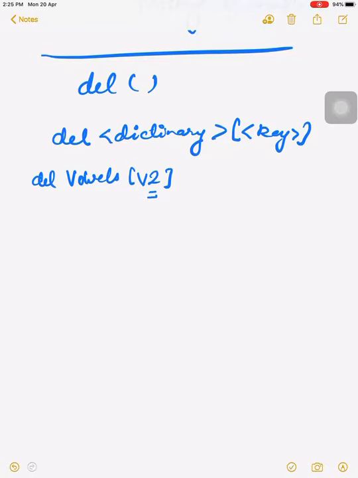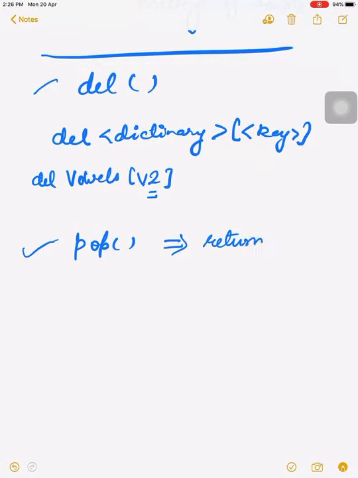Then the value on the V2 key will be deleted. Okay, so that is the del function which we use in the dictionary. It only deletes the value and does not return the deleted value. It will simply delete the value, but in the output you cannot see which value was deleted. For this you have to call the print statement.